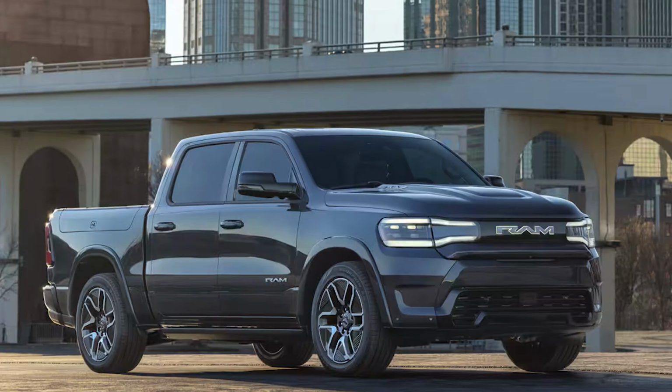Ram has just released all of their information about the Ram 1500 Ramcharger. And so here we are talking about what they have in store for this extended range electric vehicle. Ram was supposed to initially come out with the Ram REV, the full battery electric version of the Ram 1500, but they've decided to come with this hybrid extended range electric vehicle version first, citing market demand and wanting to